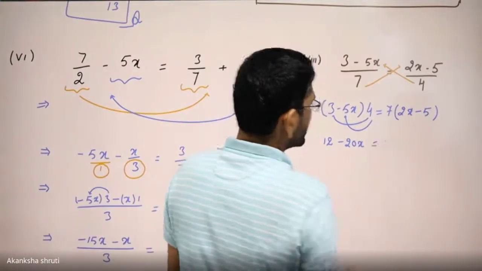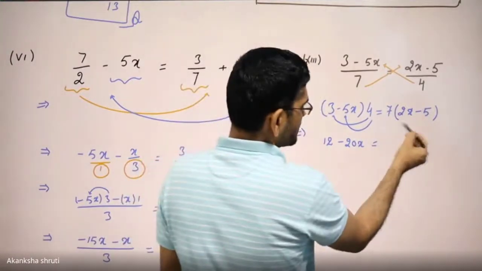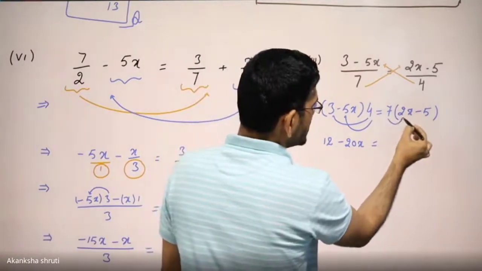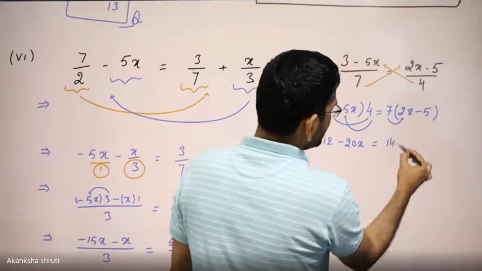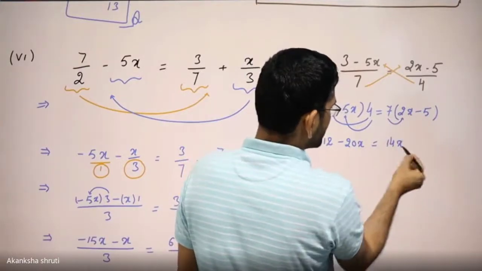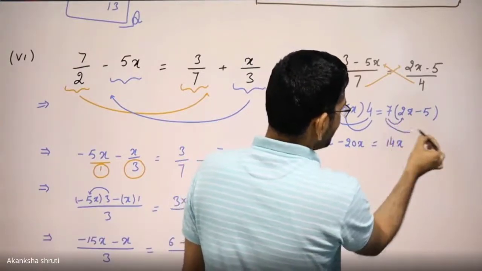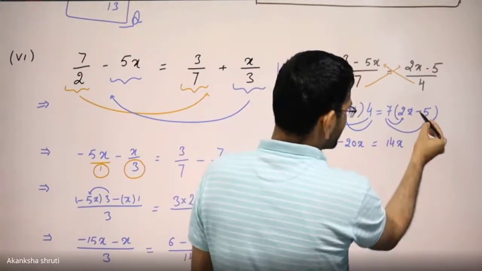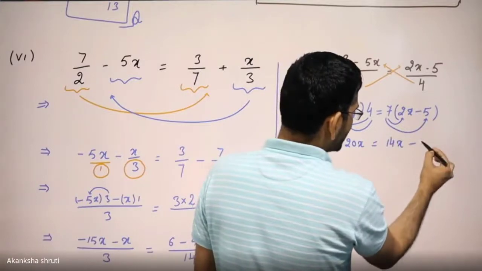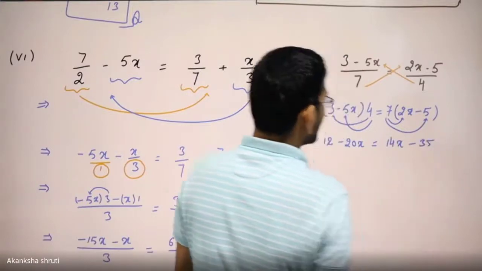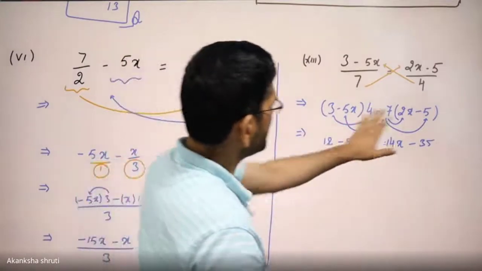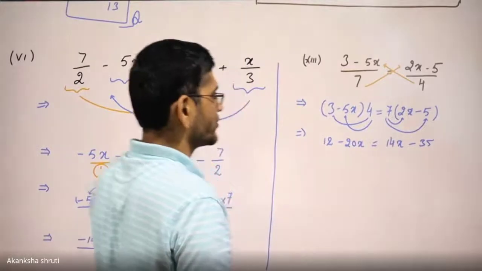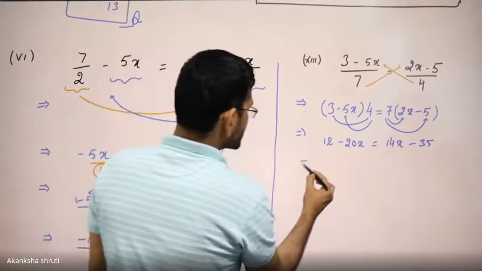This part is over. Now go for the distributive property that we have learned in chapter 1. 7 will multiply with this 2. 7 2s are 14, and x is already with this term. So 14x. 7 with this 5. 7 5s are 35, but the minus sign is here, so we have to keep this minus sign. 35. So this is how we have to multiply properly. If we are not doing the multiplication properly, it becomes wrong. Now let us go further.